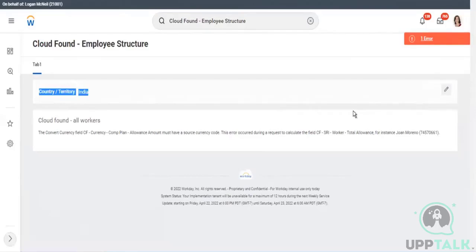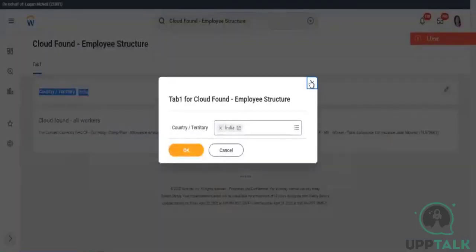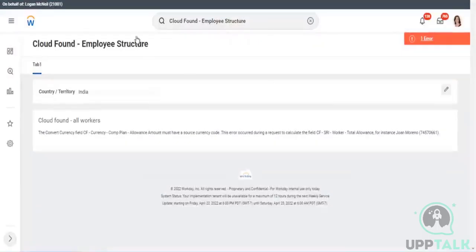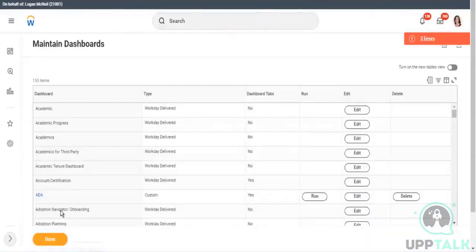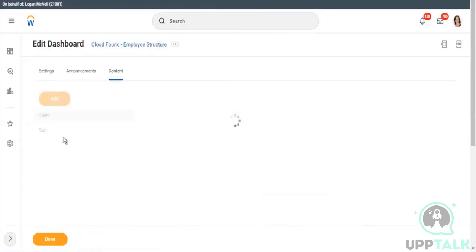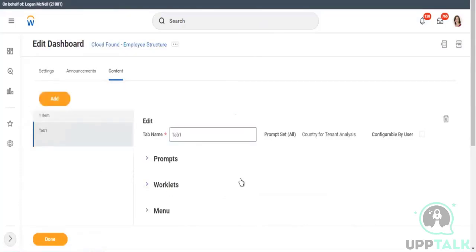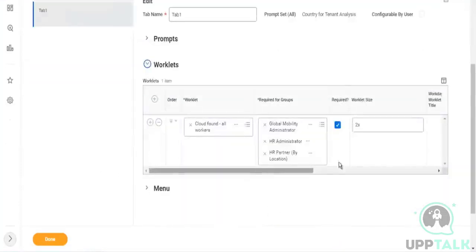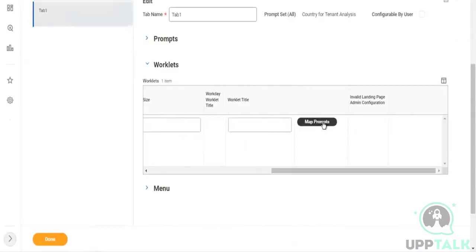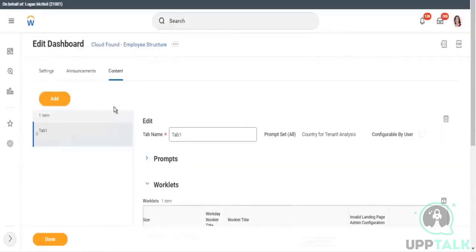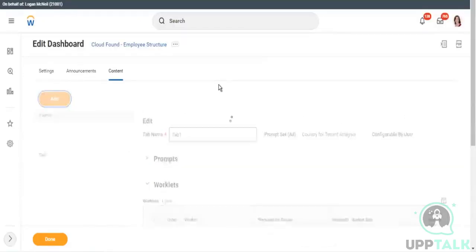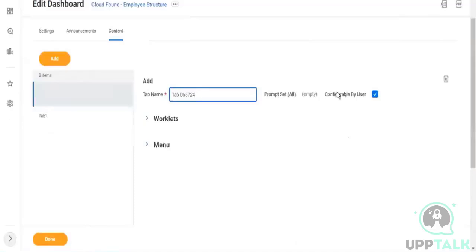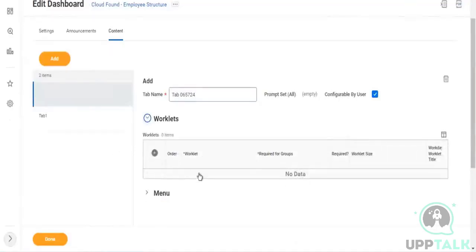But if our report already has this prompt before adding it to the dashboard, then what you can do is, when you open these reports on the worklets, you see a Map Prompts option open up. This option was not there earlier. For example, if I add a new tab, on this tab we have not added a prompt set. If I go in here and add the same report,